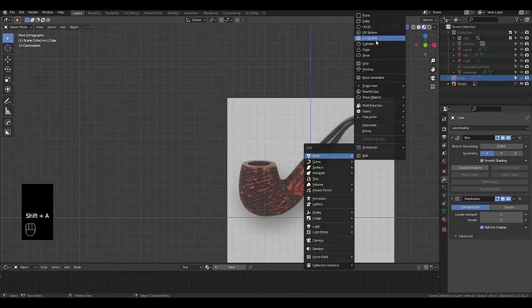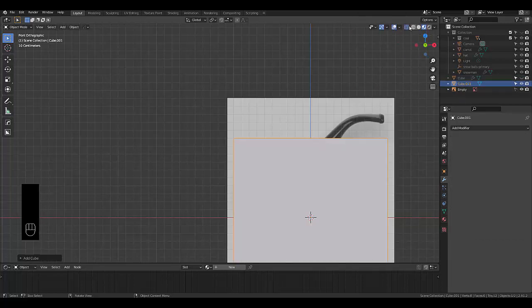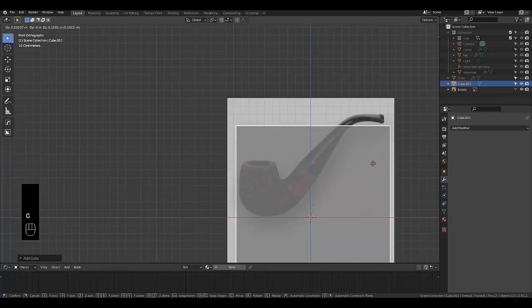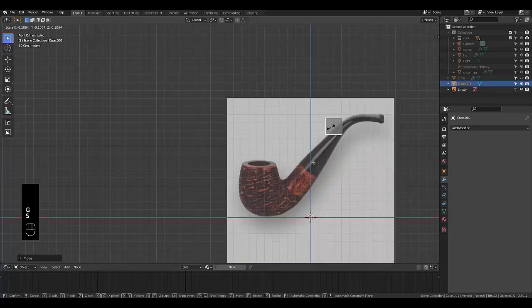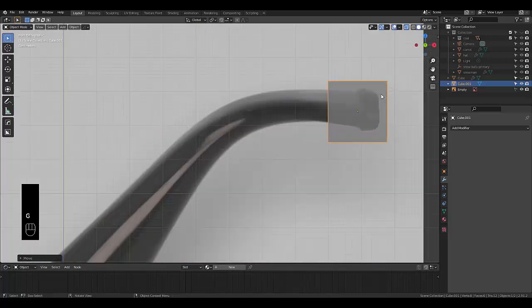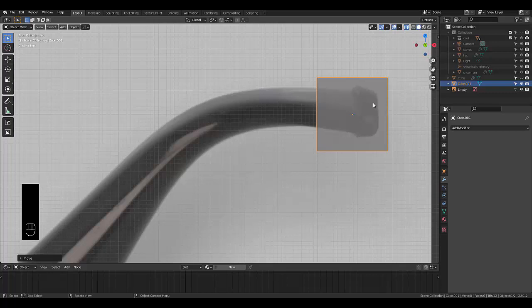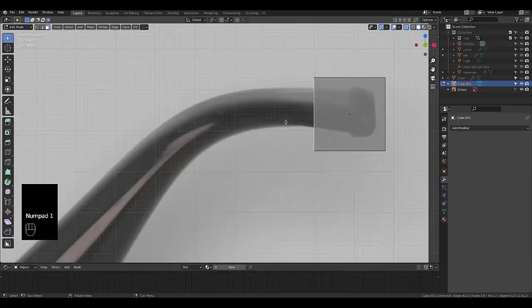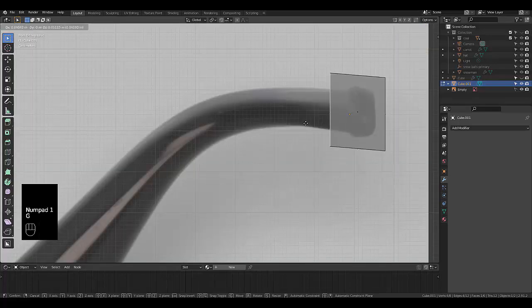Press numpad 1, press Shift A, mesh, use a cube. And go to solid view mode, and I'm just gonna press G, chuck this over here, press S, scale this all the way down, chuck this over here, zoom in, press tab, go into edit mode, press 3 to choose face select, choose this face, numpad 1, G, chuck this over here,